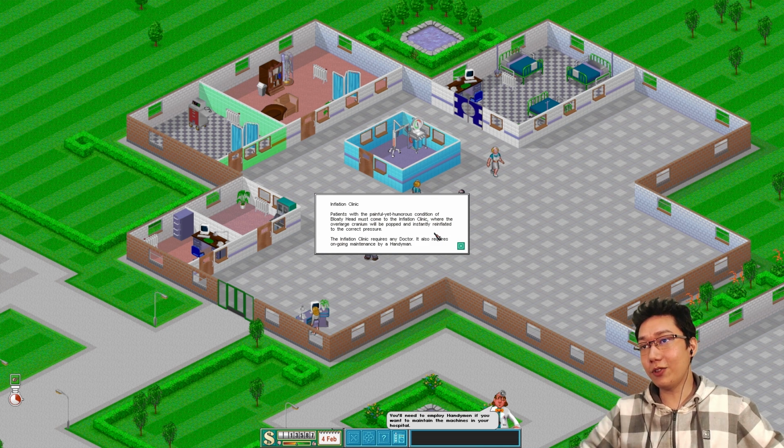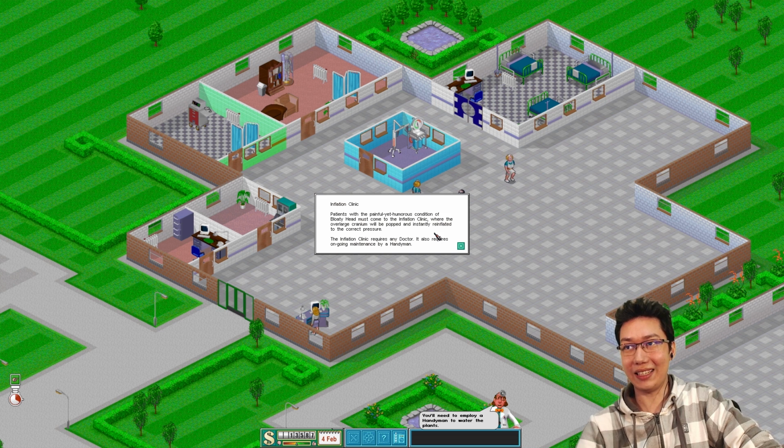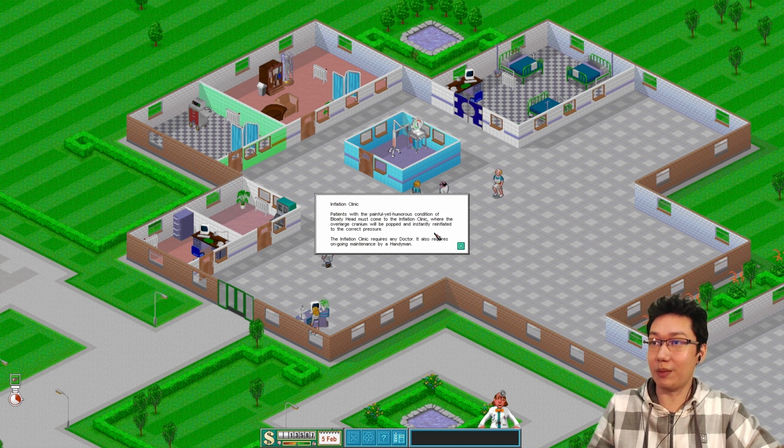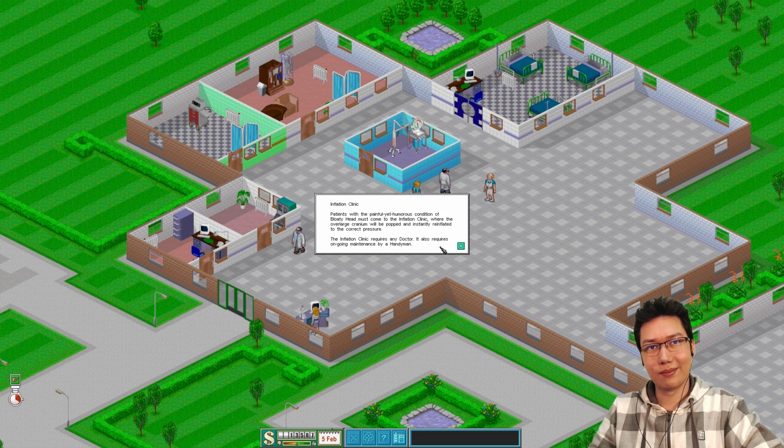Inflation clinic. Patients with the painful yet humorous condition of bloaty head must come to the inflation clinic, where the overlarge cranium will be popped and instantly reinflated to the correct pressure. That is how